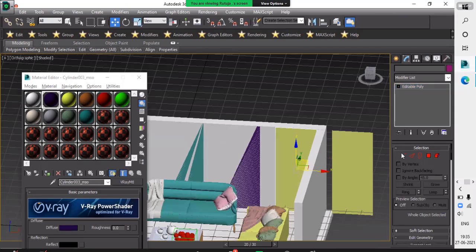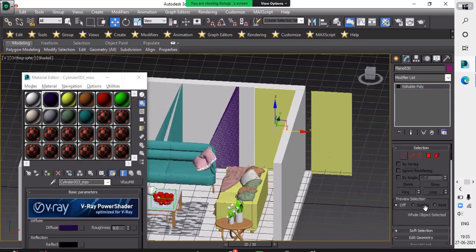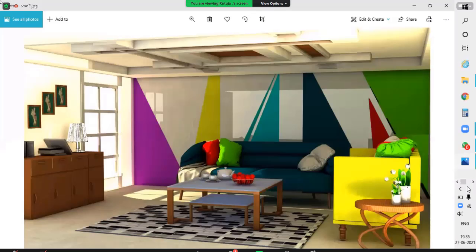So last one we will view here. Take a vertex point. So it will be like that, I think. Yeah, it's a triangle.